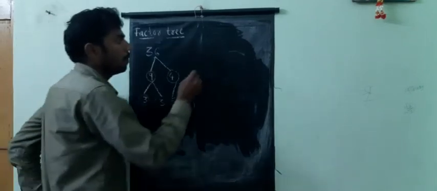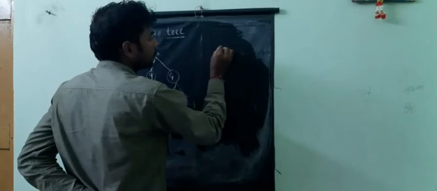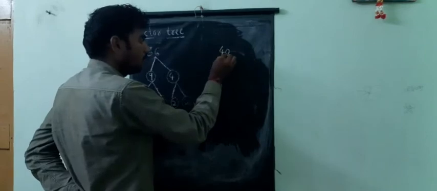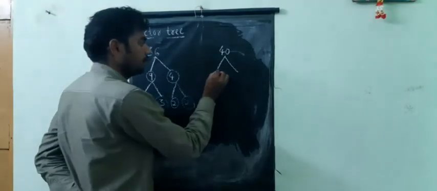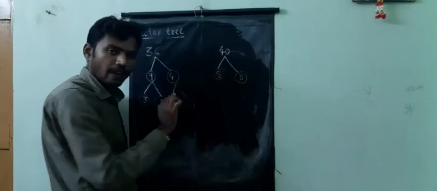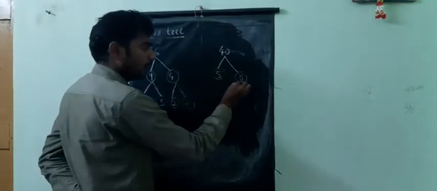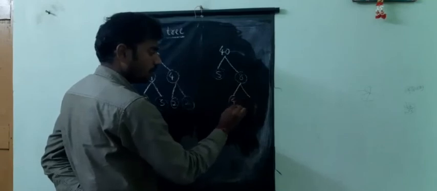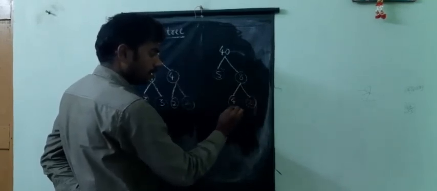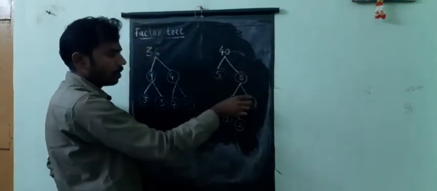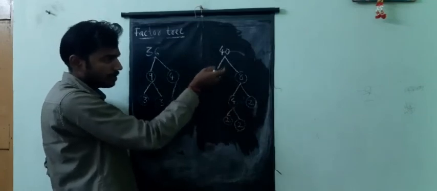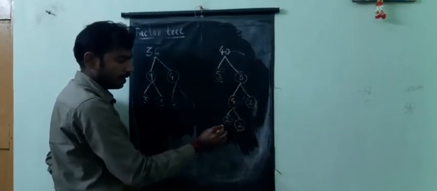So if I take one more number, that is 40. If I want to write the factor tree for this, 8 5s are 40, or 5 8s are 40. 5 8s are 40. Okay. How can I express 5? 5 is a prime number, leave it as it is. Next, 8 can be written as 4 into 2. Again, 4 can be written as 2 into 2. So these last numbers, see, here the branch has ended here. So even it is ended here.